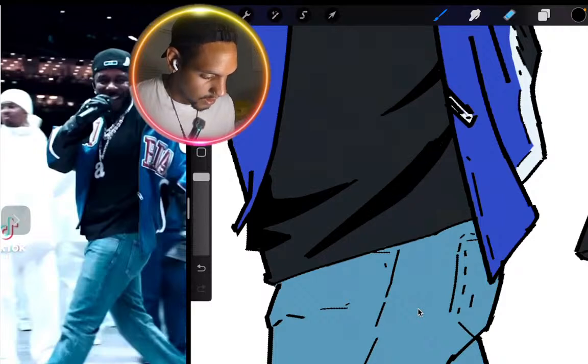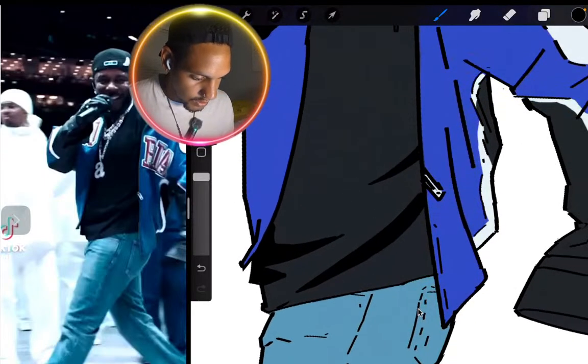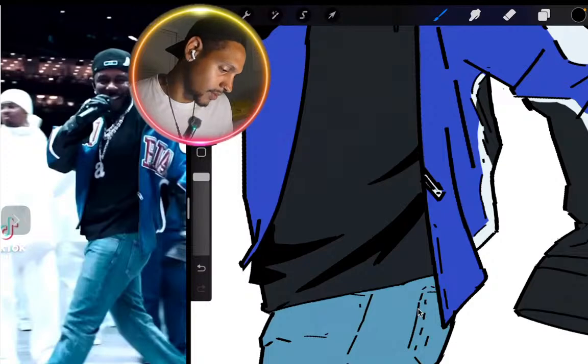And I like sculpting. I do a little bit of 3D sculpting myself, which I'm planning to do a live stream of soon,